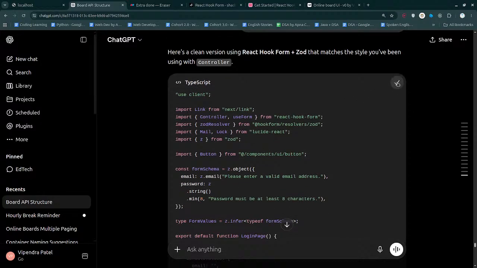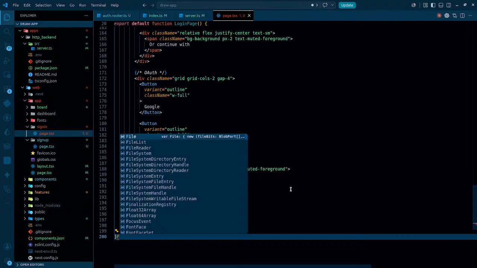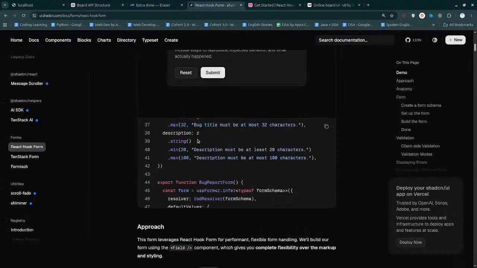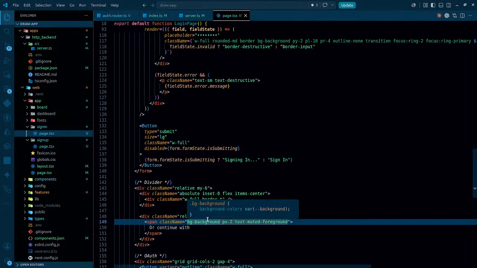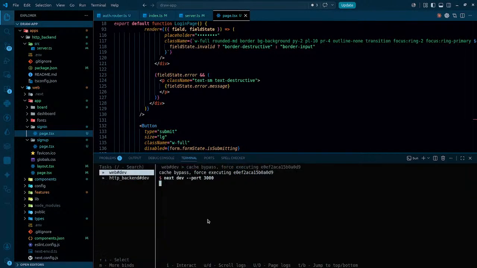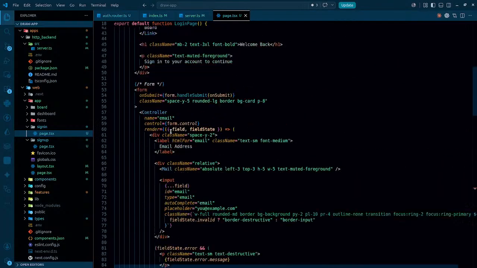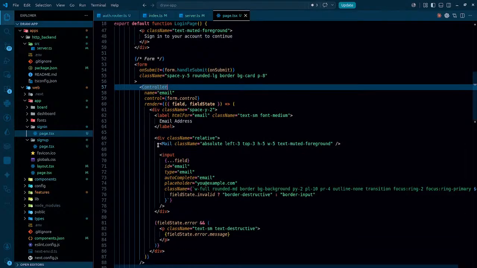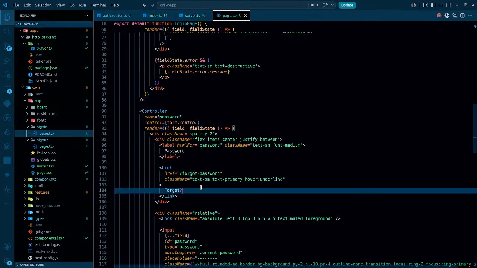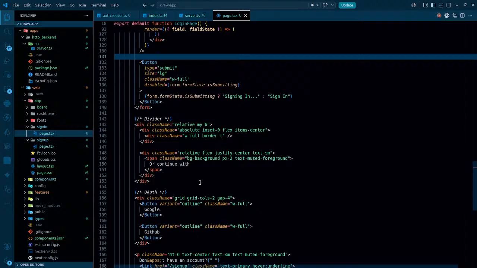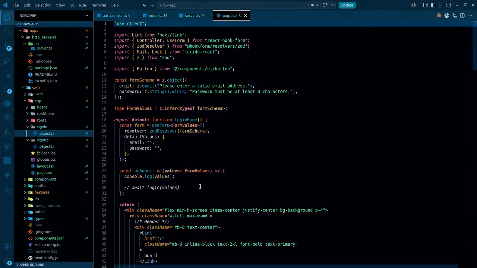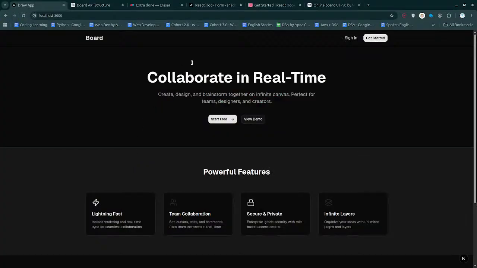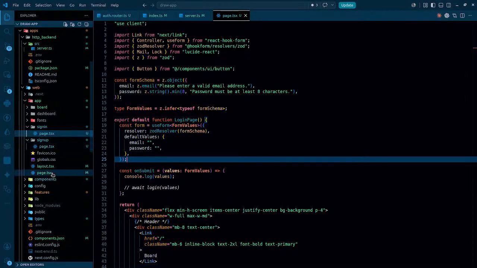Again, this is not the complete version that I actually need. There can be many improvements, but as I said, the main goal is not that. Let's see how it looks like. So we have normal form, we have controller. Inside the controller we have the field. This is how this simply goes on. Well, not really bad option at all. Can it be better? Yes. Are we gonna be doing it right now? Not really. So this is the sign in section, and let's go to the home page first of all,